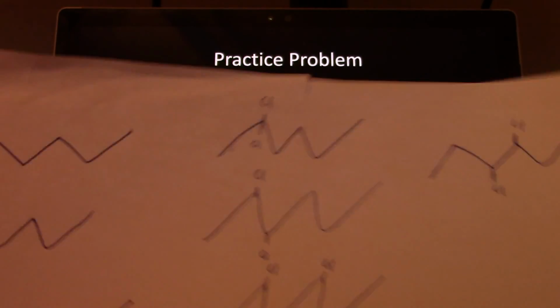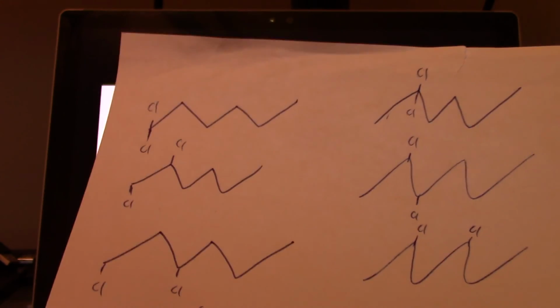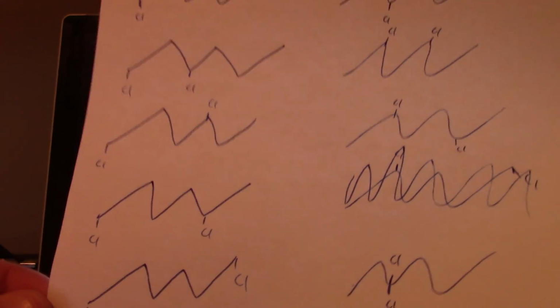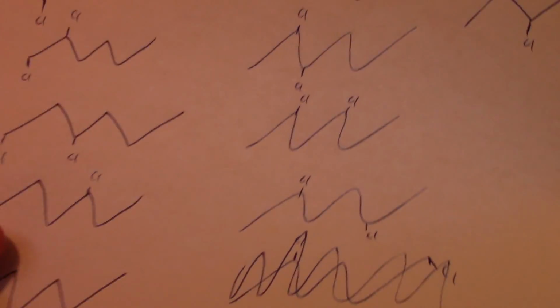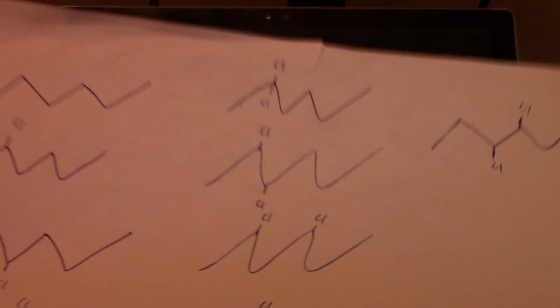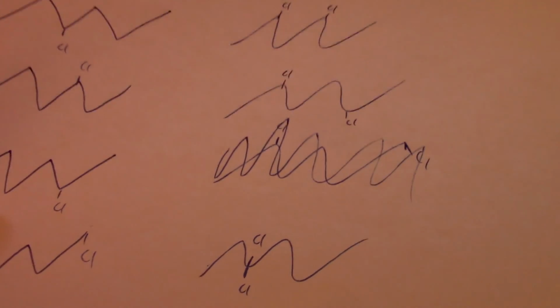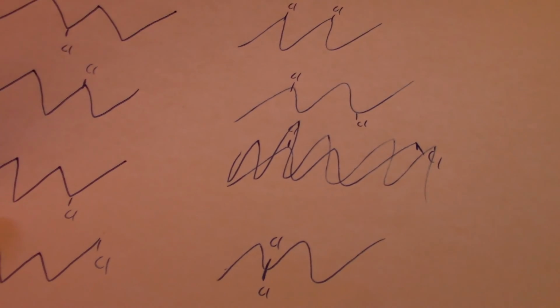We have, they both come off of 1, 1 and 2, 1 and 3, 1 and 4, 1 and 5, 1 and 6, 2 and 2, 2 and 3, 2 and 4, 2 and 5, and then 2 and 6